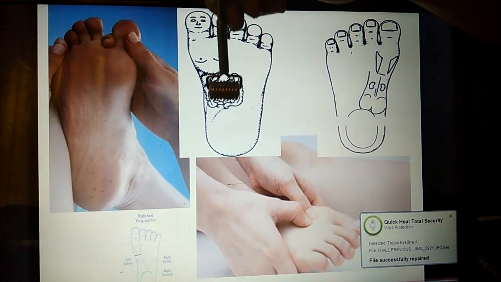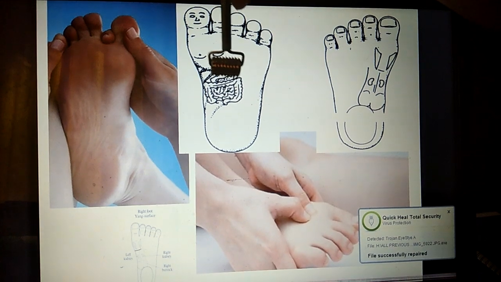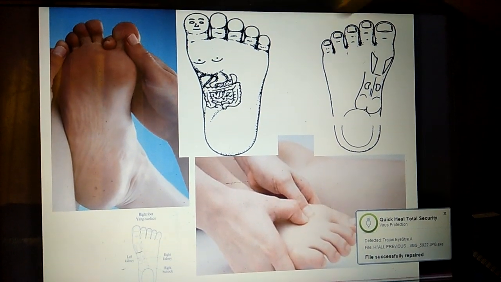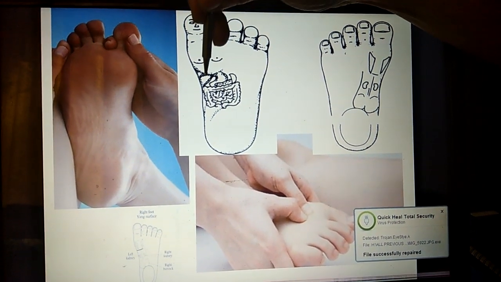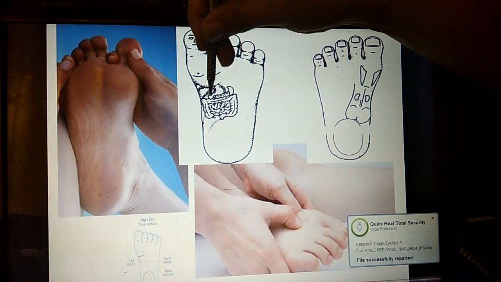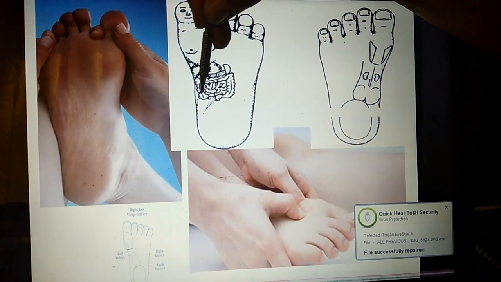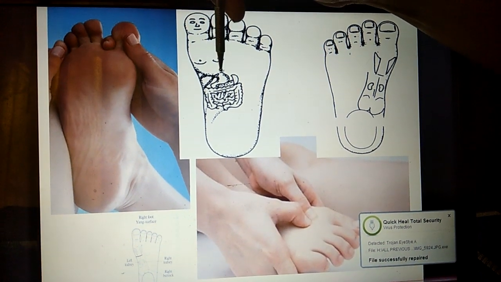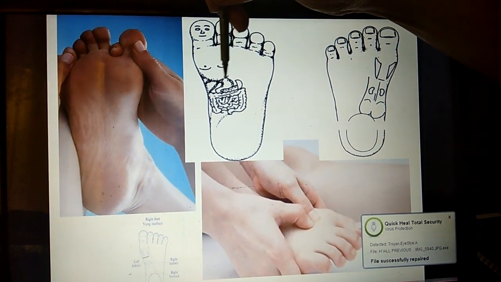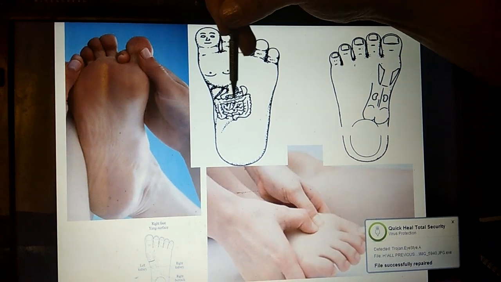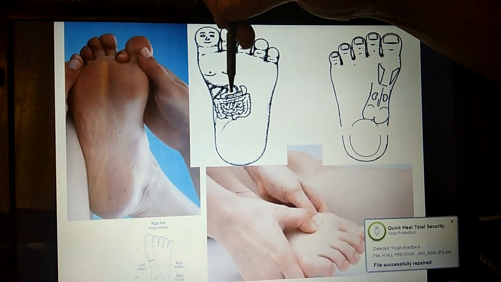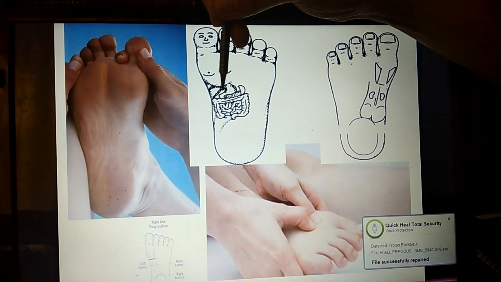So this is an independent system, this area, and very good to find a painful point here. If some person has digestive issues, you can check a painful point here. This is liver and this is the diaphragm line, and below this stomach, liver, intestine, and accordingly you can put the